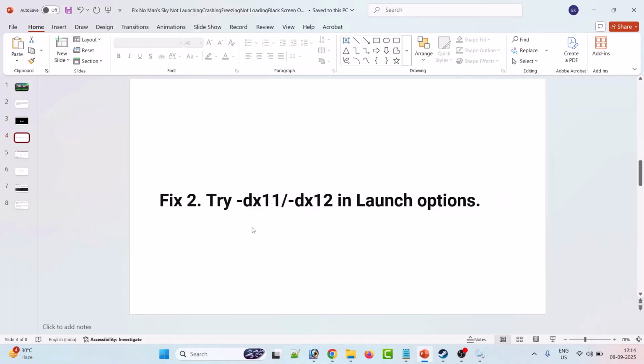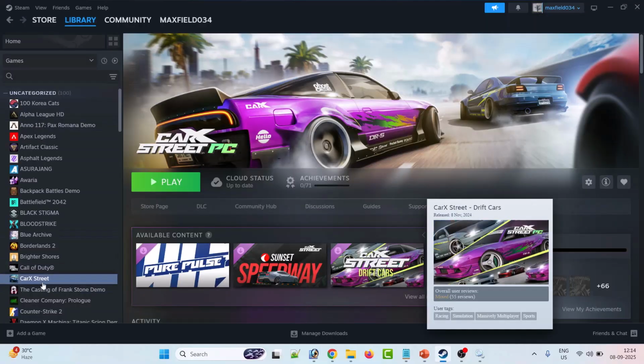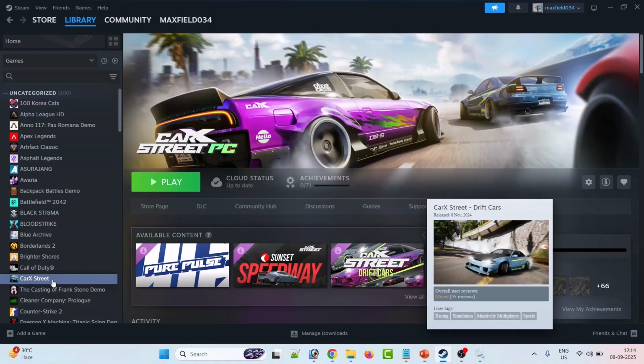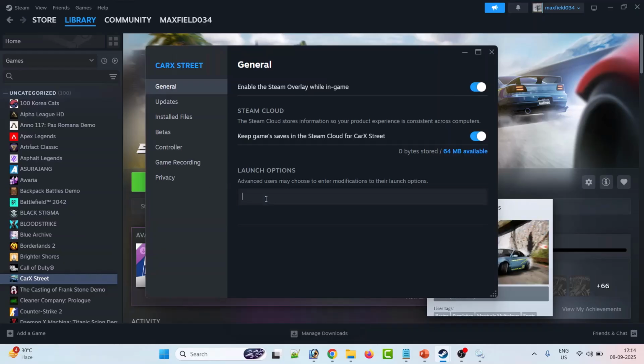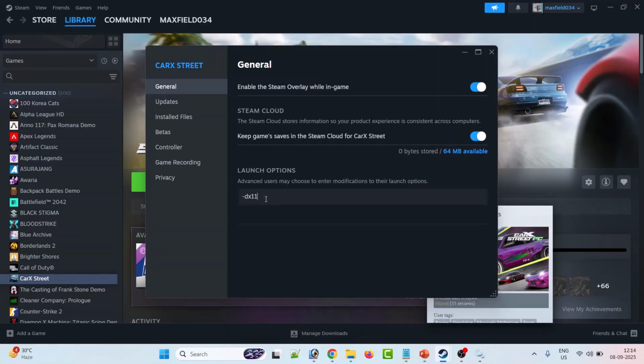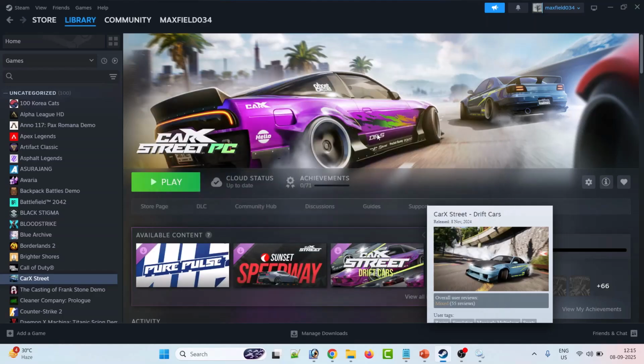Now the second solution is to try -DX11 or -DX12 in launch options. So open Steam, right click on No Man's Sky game. This is just an example I am showing with another game. Then go to properties and in the launch options type -DX11, then close the tab and then launch the game